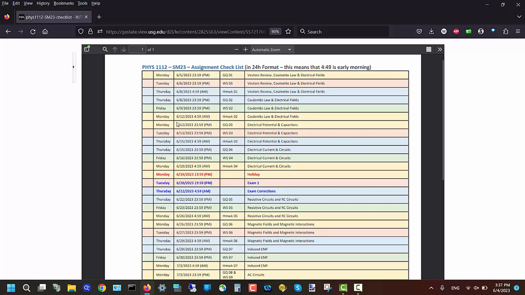I try to be consistent and keep the same deadline for them. Now, in addition to that, we have a worksheet. The worksheets, and I'll point to where they are in a few minutes, are available for the whole semester, but those dates refer to the time when I post the solutions to those worksheets.